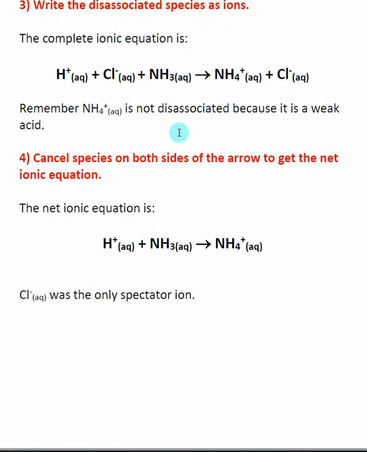So the next step is we cancel similar species on both sides of the arrow. The only one that we have here is chloride. We get rid of that, and then we get the net ionic equation, which is that ammonia grabs onto an H plus to become ammonium. And so once again, this is our real product for this reaction, and Cl minus was our spectator ion